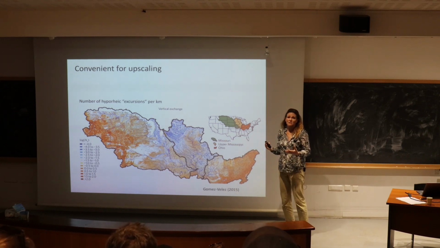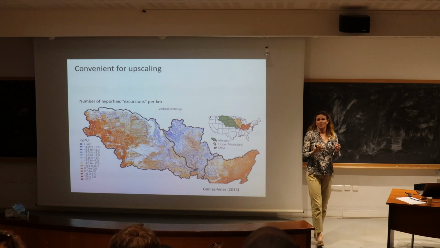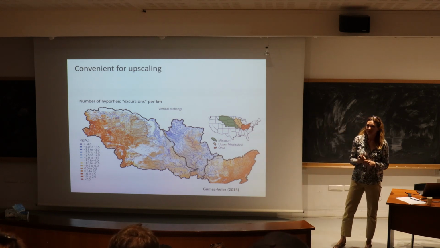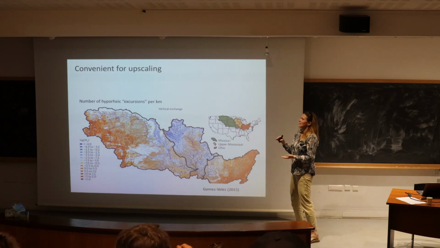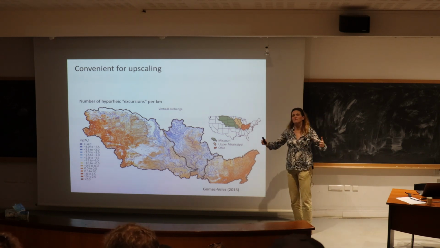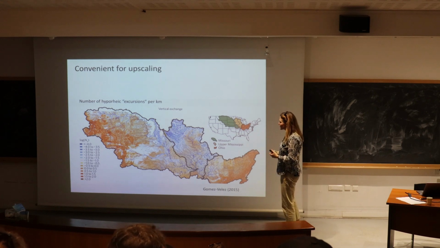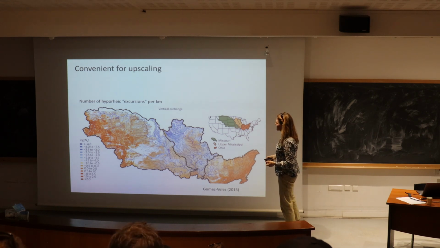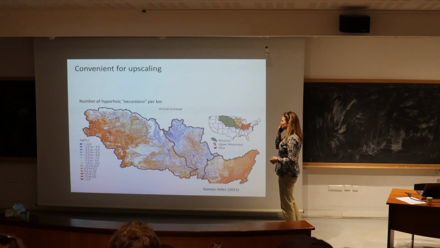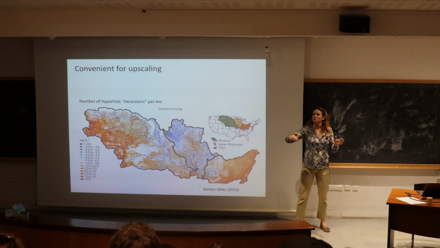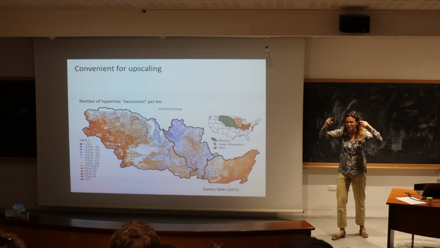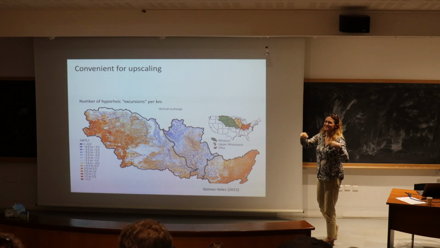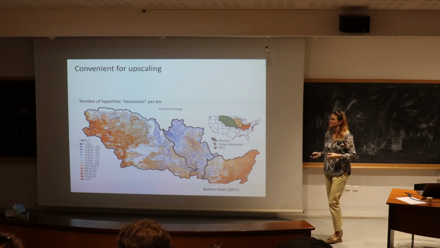We can actually map that by thinking about what the permeability is that we would expect in different parts of the river reach, and what the flow depths are that we would expect, and what some of the wavelengths of bed forms are that we would expect. And you get really cool maps like this that show that in the larger main stems of the river, you're going to make a lot fewer excursions through the hyporheic zone per kilometer traveled downstream. So it's the tiny little streams that are most efficient at cycling solutes through the hyporheic zone.